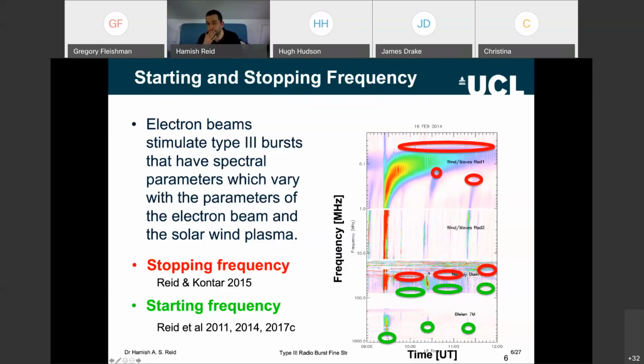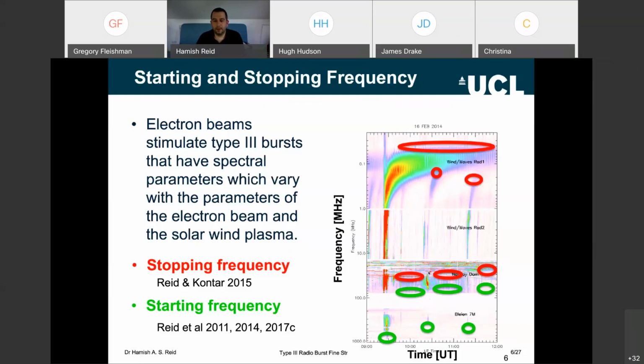So you would imagine that once you form a beam and it goes unstable and starts creating these waves, it's going to stay that way, or it'll trickle out, but it won't disappear and then reform or something like that. Yeah, there will be fine structure like the striae, and there might be fine structure at slightly bigger length scales perhaps. But yes, in general, it goes unstable, it propagates away, and then at some point it's going to stop when it runs out of oomph. Okay, thanks. We have one more raised hand, but we're in the second hour, so please attempt to ask quick questions and give quick answers.